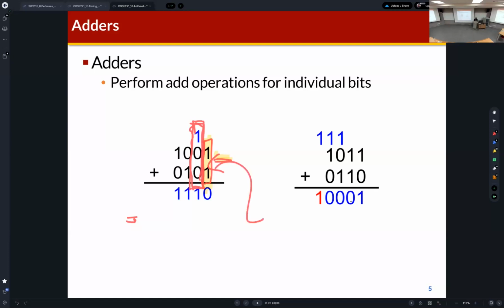Actually, if we just focus on this digit operation, it requires two inputs, and then it generates